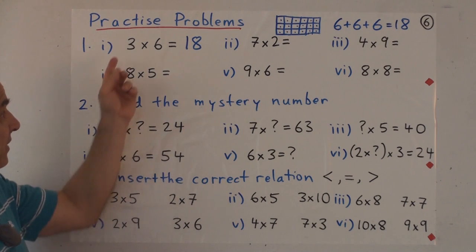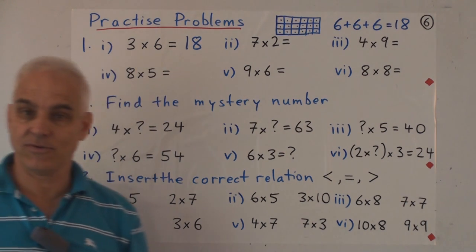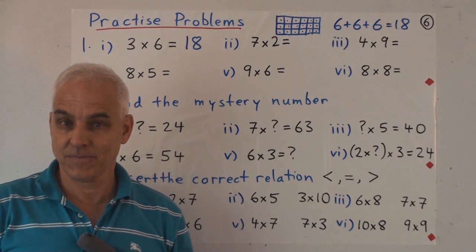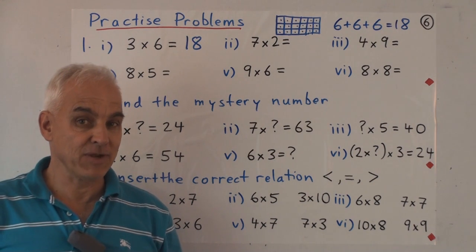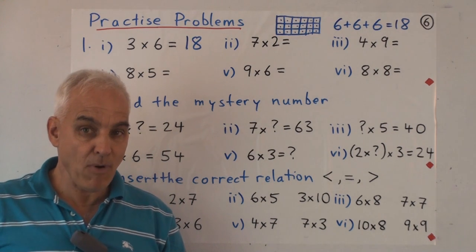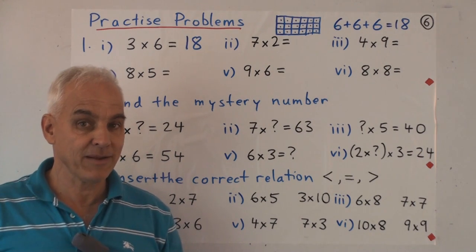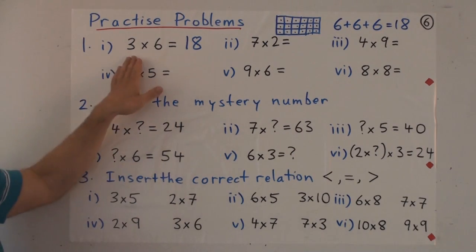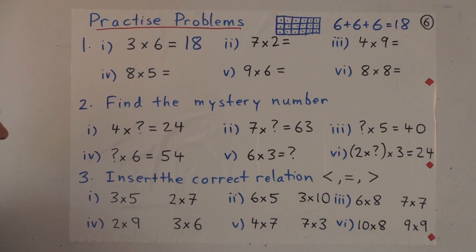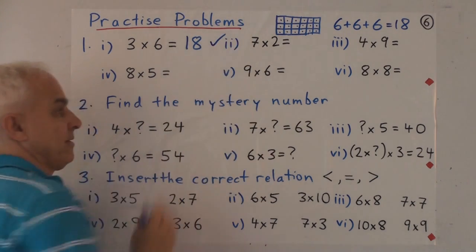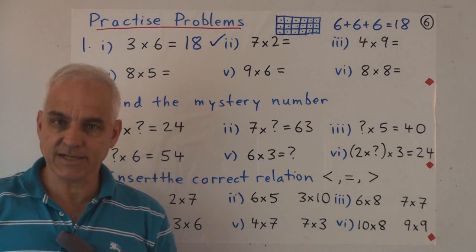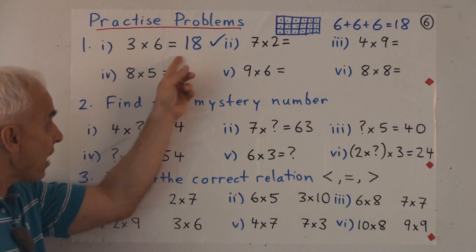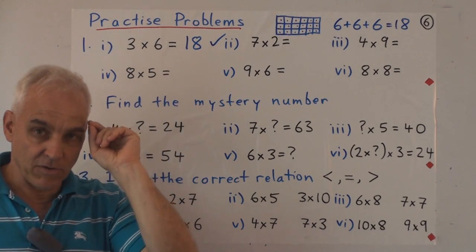Another way might be that they know what 3 times 5 is. They know that 3 groups of 5 is 15. Well, 3 groups of 5 is 15, then 3 groups of 6 will be 3 more. So 15 plus 3, also 18. But hopefully once they've made this calculation, they figured out that 3 times 6 is 18. Maybe someone has come along and checked it. Hopefully at that point they might pause and say, all right, I need to remember this now. I didn't know it before. I figured it out. It is correct. Let's see if I can commit this to memory.